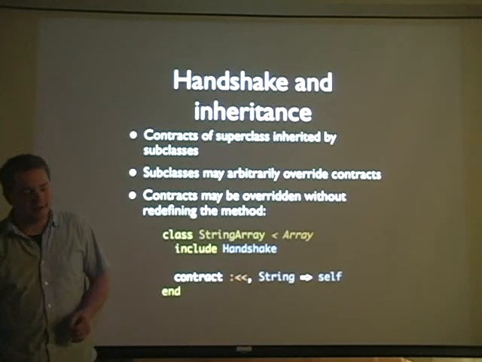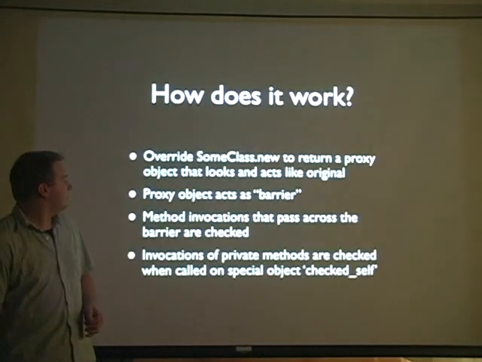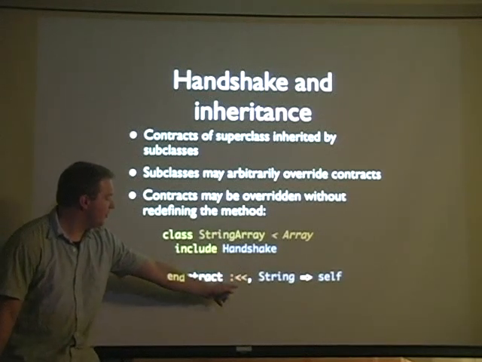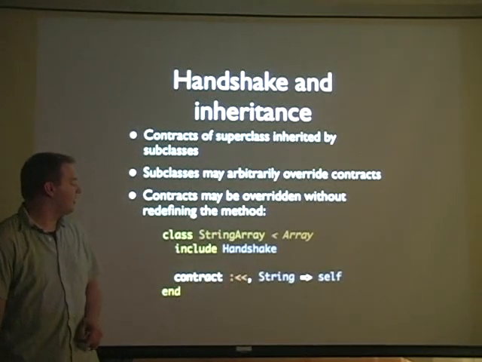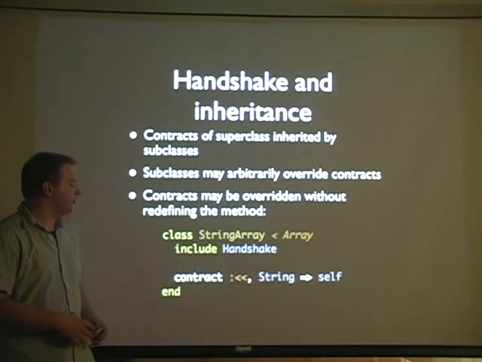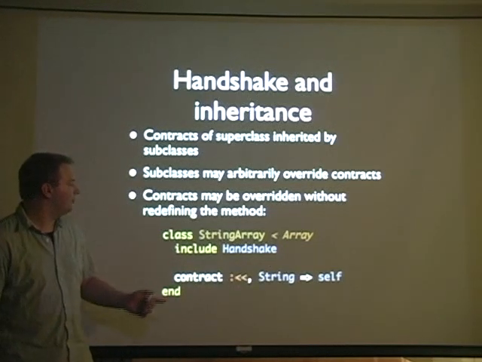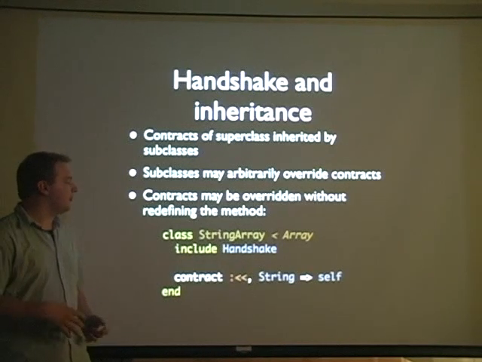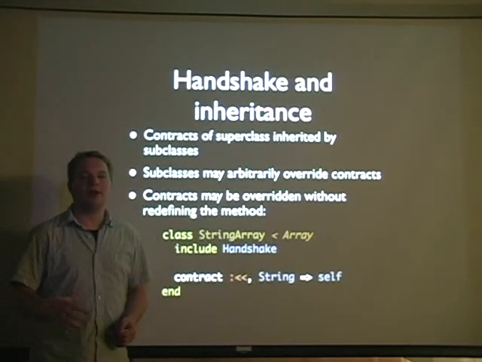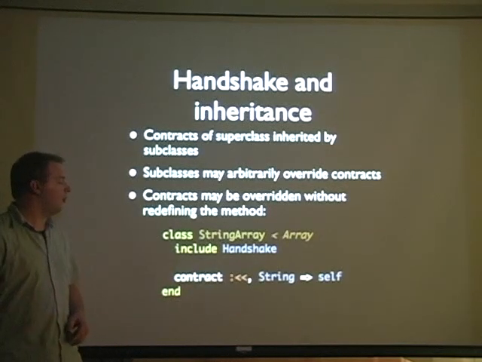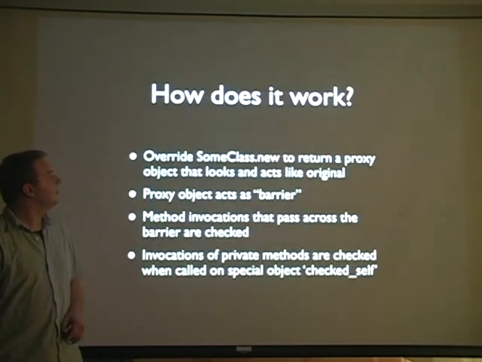So anyway, esoteric. But as you can see, you can actually specify the name of the method explicitly, and it will apply the contract to that string without actually having to define the implementation of the method in the class body. So if you wanted a specifically typed string array that was a subclass of array, you can override just the contract for that method, and it would apply it to all calls to the append method.